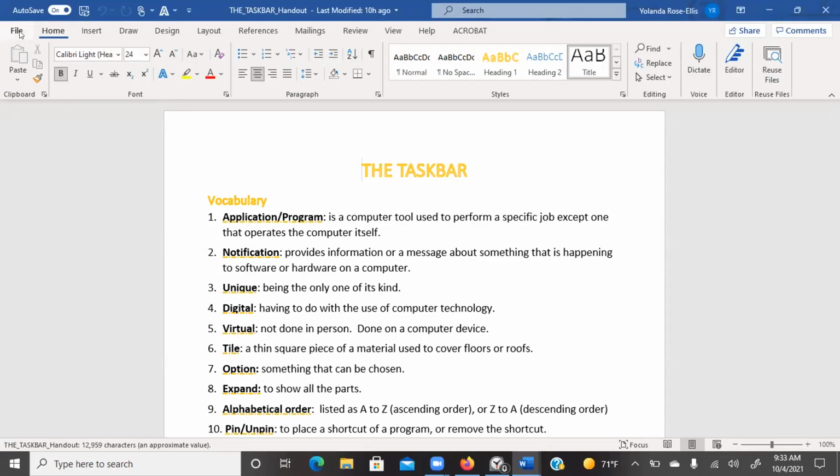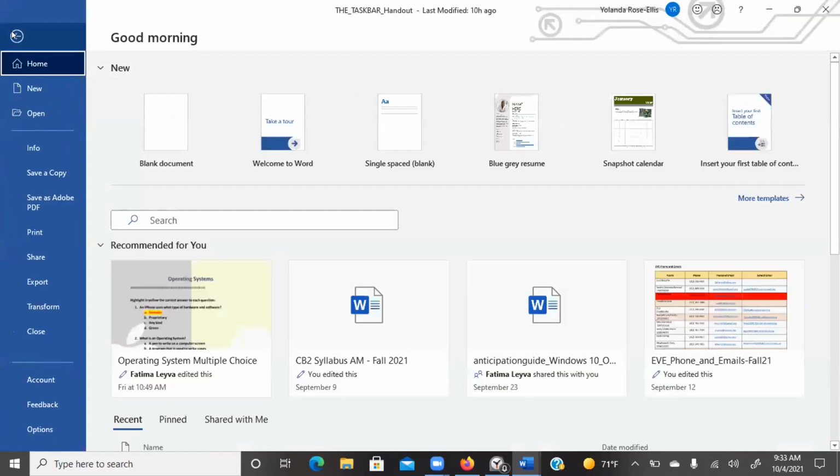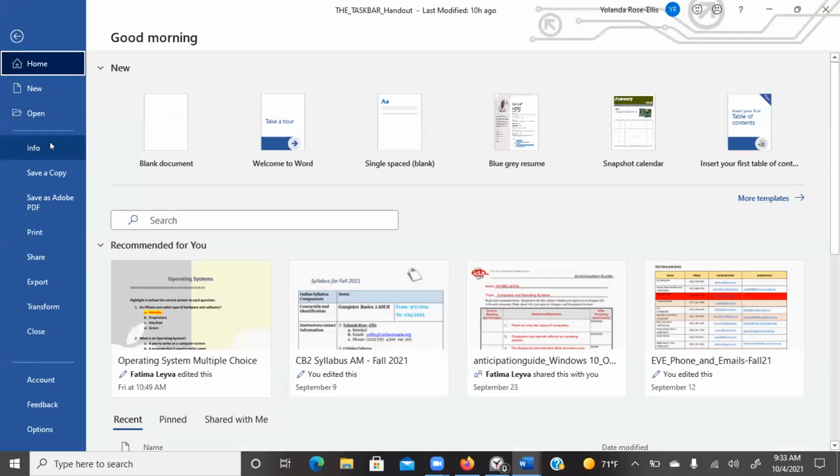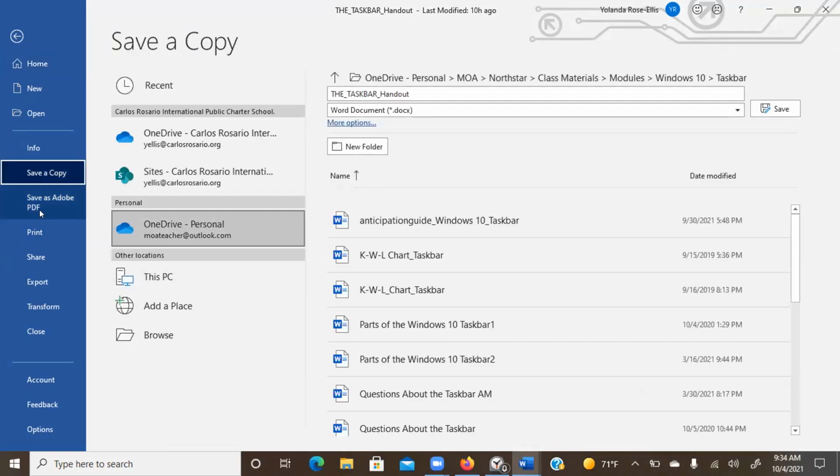Go ahead and go to File, click File, and Save As. You should either have Save As or Save a Copy. So click either one of those if you have it. And then to the right of that,